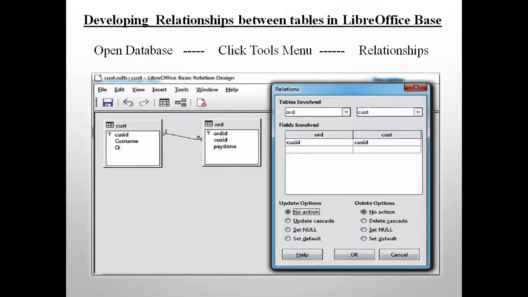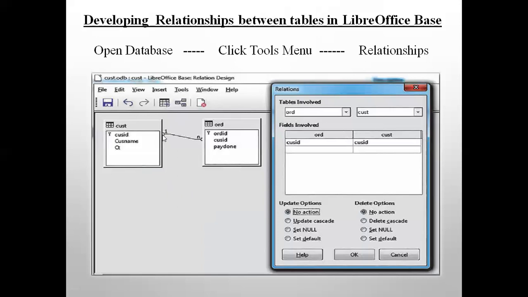Place all the tables on the screen and now drag the common field. See, this is the primary key sign. Here you have the primary key. But customer ID and order ID can be separate. It has to be the same field where you are dragging. So drag it from customer ID to customer ID, customer ID of the customer table to customer ID of the order table. So here you have to click your mouse and drag it here. This automatically will develop a relationship between both the tables. Again, if you have another table with a customer ID field, drag it from here to here. That will be one-to-many.